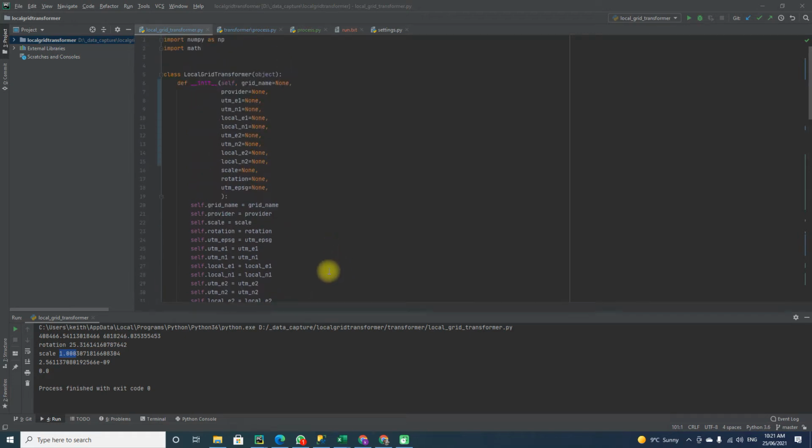Okay, so we've set up a transformation in ArcGIS where we have a couple of points in a local coordinate system and in UTM, MGA or AMG or whatever. So both coordinates should be metric, in meters. If they're in yards or feet or something else, then we'll need to do something slightly different. But for this, we're assuming that both systems are in meters, and we've got 2 points